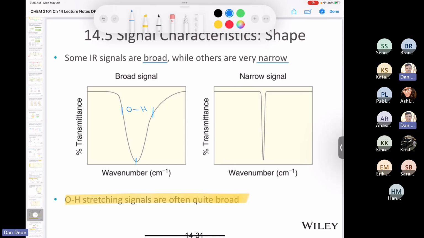Now, I'll be honest with you, I've never asked a student a question about why the hydrogen bonding, blah, blah, blah. Basically, what you need to know as a chemistry 3101 student is that if you have an OH bond,